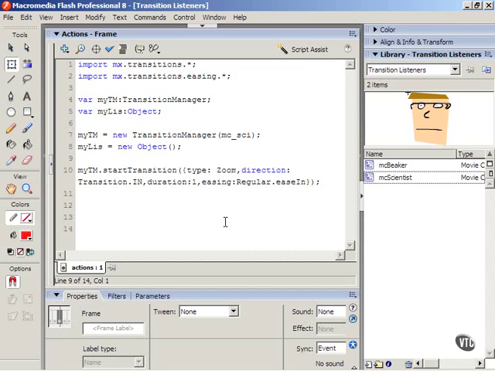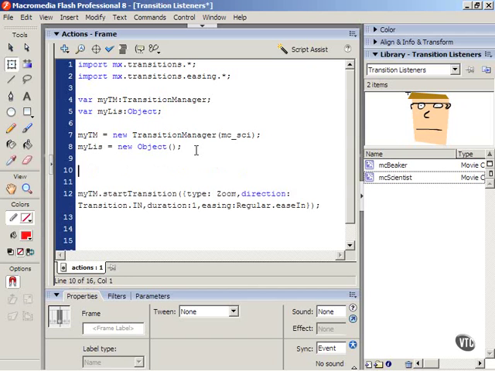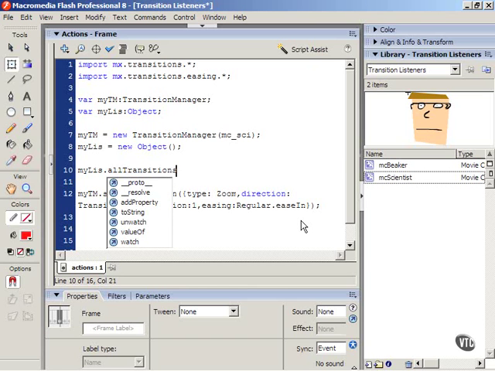Now that we have this code written out, we can write the code that initiates when the transition is done. Go after the myList equals new object line and press enter a few times. Now type myList with a capital L, dot allTransitionsInDone with a capital T, capital I, and capital D, space equals space